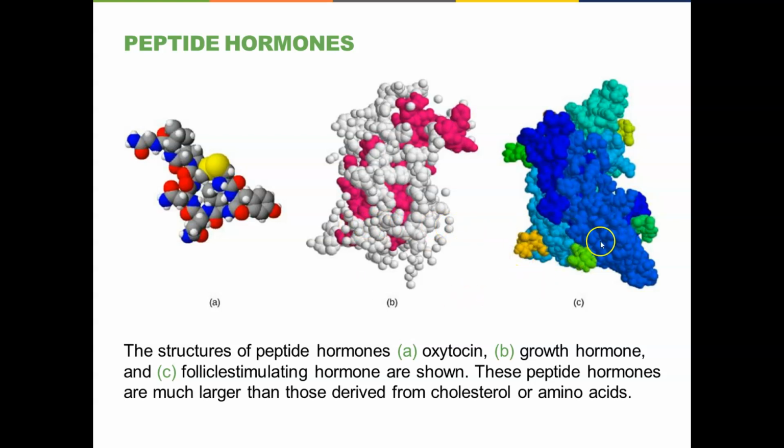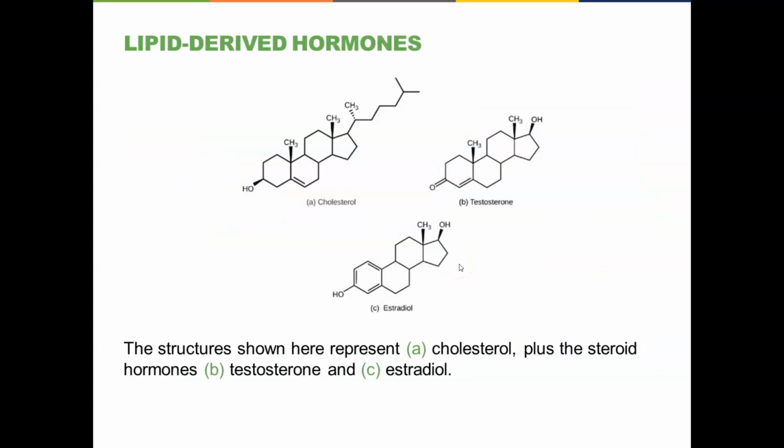follicle stimulating hormone right here, kind of related. These are terrifically huge molecules, so obviously they're going to take longer to reach their targets, and typically have a longer lasting effect due to the size of the molecule. It's not cleared so quickly from a target receptor. All right, lipid-based hormones, these guys here are all modified versions of cholesterol. So there's the cholesterol molecule, there's testosterone and estradiol, the root of estrogen and progesterone.